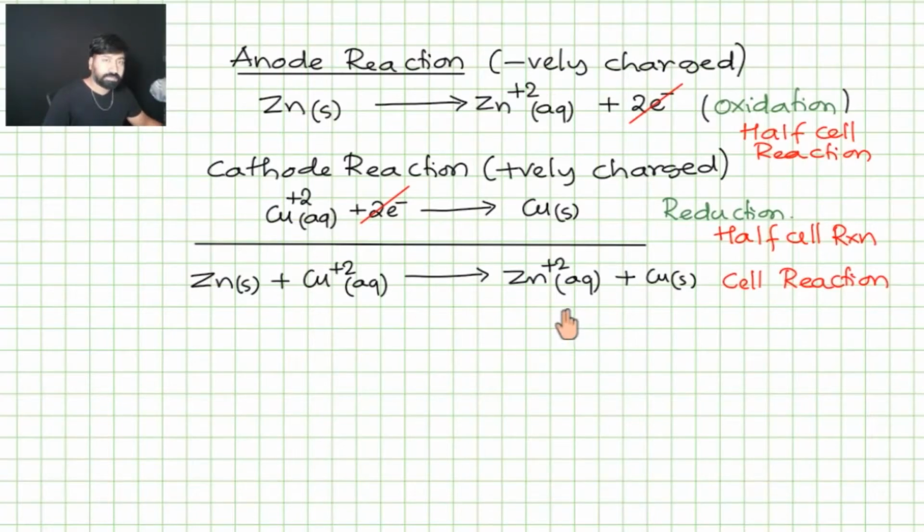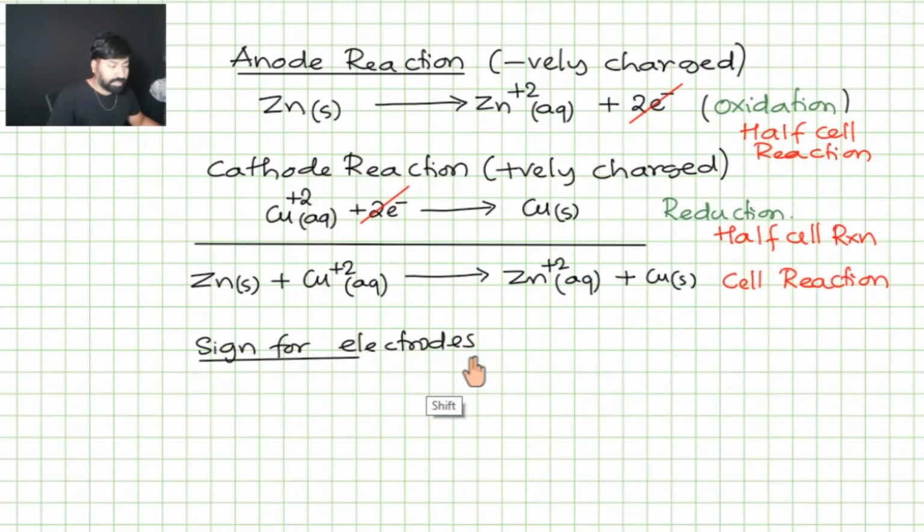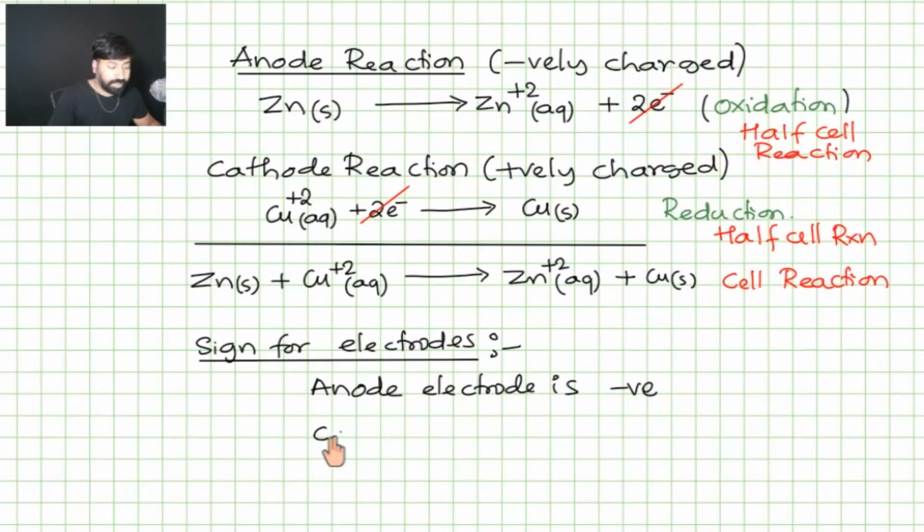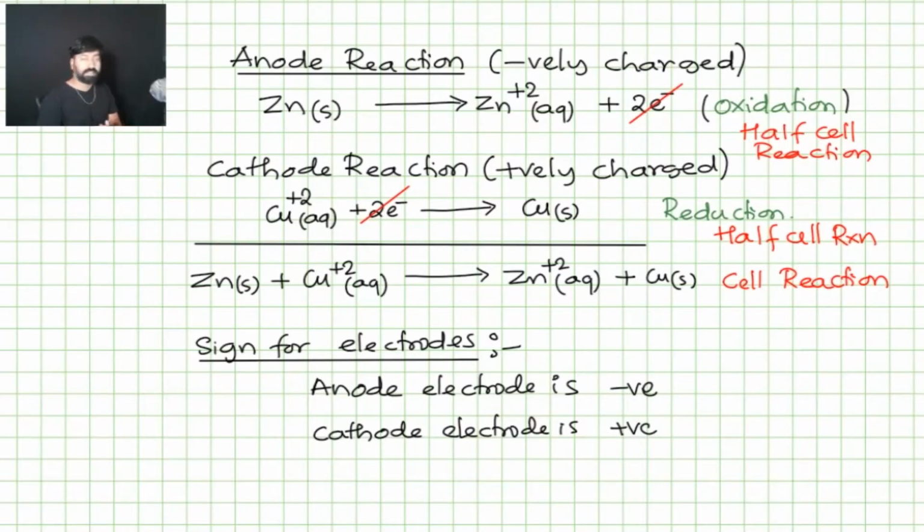Now another part: we have to assign signs for electrodes. Very simple. As I mentioned, oxidation is taking place at the anode. Because of this, the electrode gains negative charge. Therefore the anode electrode is negative, and the cathode electrode is positive. Hope you understood this, right? So these are some basic terminologies used in the Daniell cell, and these are the chemical reactions taking place in a Daniell cell, students. In the next part, I'm going to discuss the electromotive force, a very important concept, and